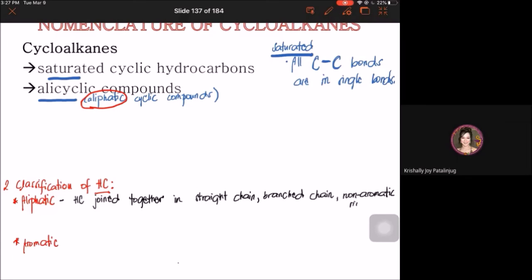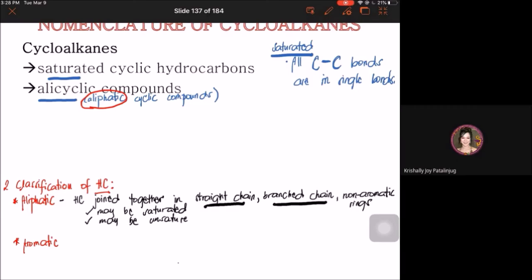A condition, kapag sinabing aliphatic, it may be saturated. Yung mismong straight chain ng hydrocarbon or branch chain ng hydrocarbon, it may be saturated. Ibig sabihin, lahat ng carbon-to-carbon bonds, single bonds, or it may be